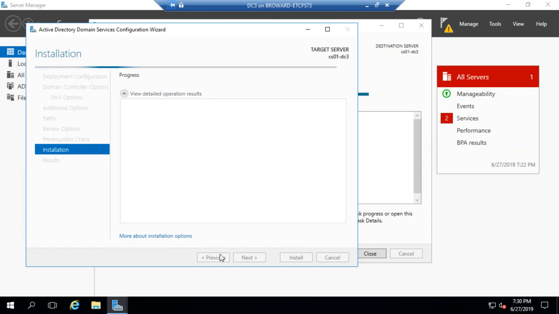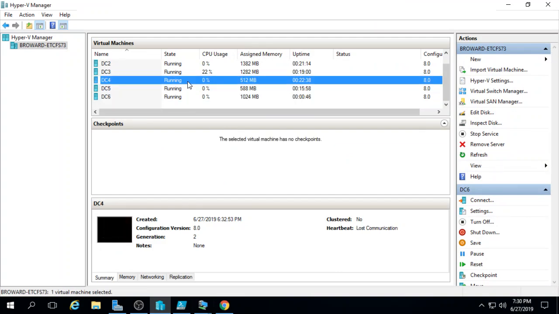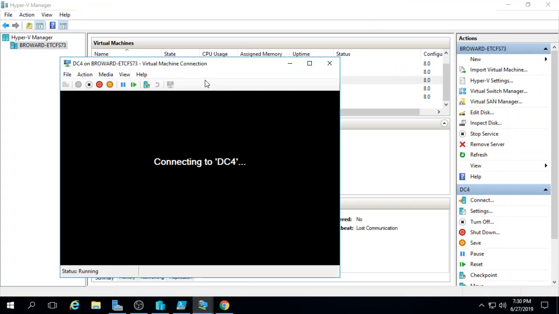Then install. So I'm going to give it a little bit. This kind of takes a long time because it's creating essentially a new domain. So I'm going to go over to DC4 and configure